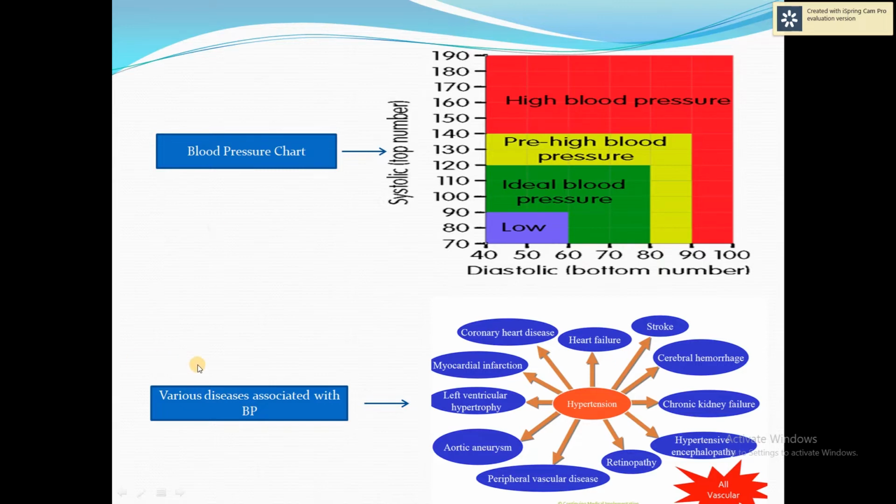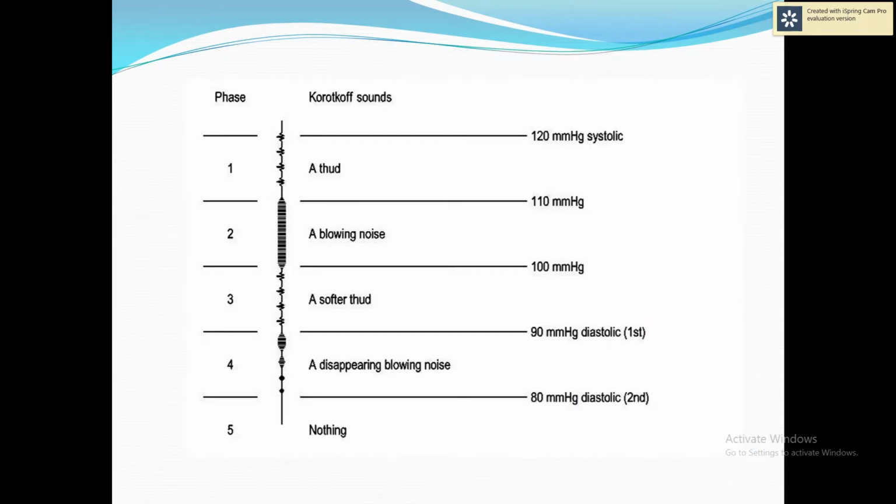High blood pressure we have discussed earlier. It is often related to unhealthy lifestyle habits such as smoking, drinking too much alcohol, being overweight, and not exercising enough. Left untreated, high blood pressure can increase your risk of developing a number of serious long term health conditions such as coronary heart diseases and kidney diseases. So, this is going to be very risky. You should maintain your health and maintain your blood pressure. Low blood pressure is less common. Some medicines can cause low blood pressure as a side effect. So, this is also to be kept in mind.